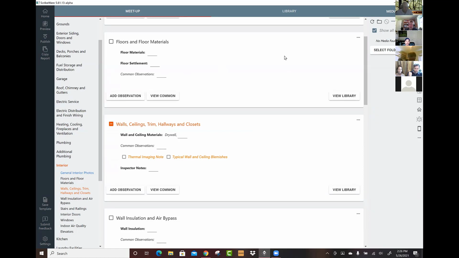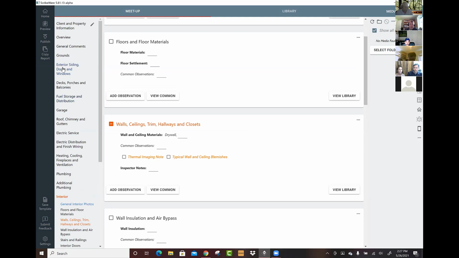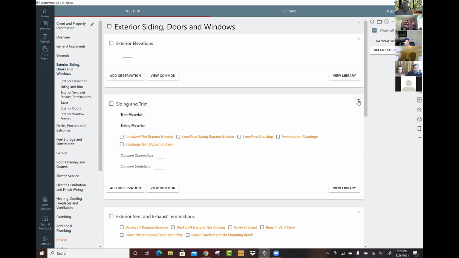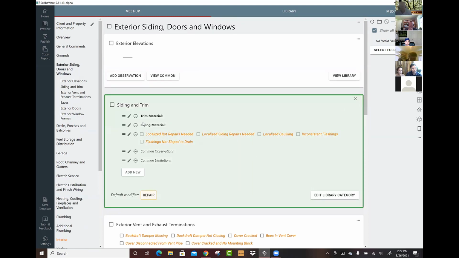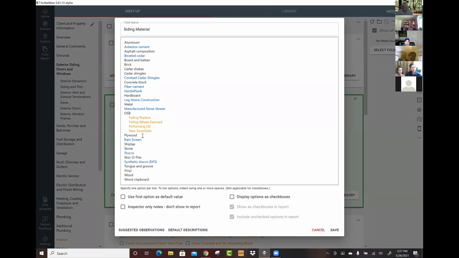You picking that up? All right, so let's go back into exterior. And I want to unpack. I'm going to make it green again, the 3 dots. Every section has the 3 dots. So we're going to edit section. And I want to open up one of these. We're going to go to our siding materials. So this panel